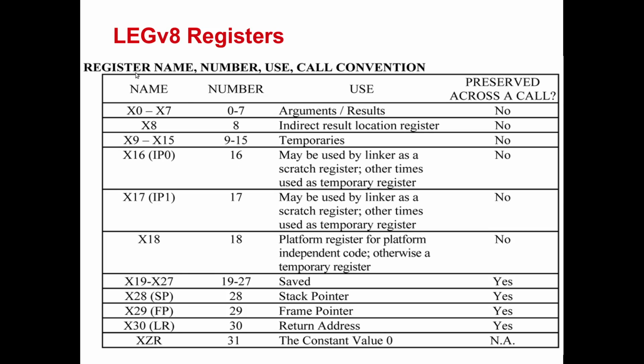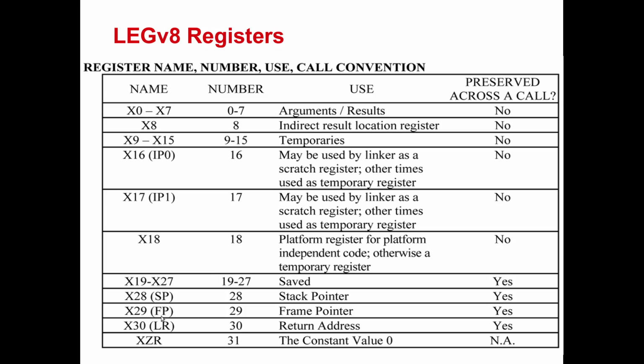As you can see in this table, you have many general purpose registers like X0 to X7, X9 to X15, X19 to X27. Other registers do specific tasks or are used for specific purposes. You have a stack pointer located in X28, called SP.